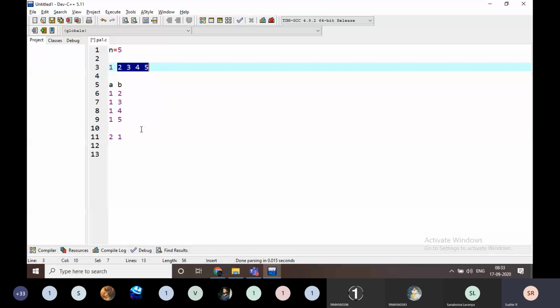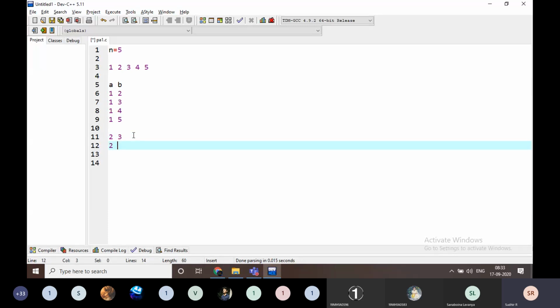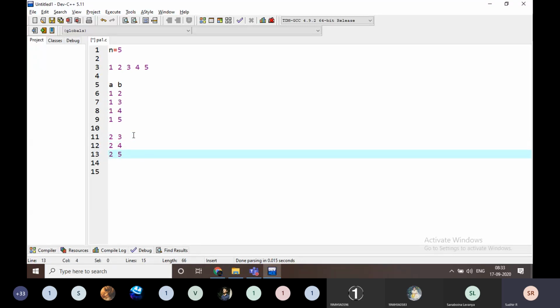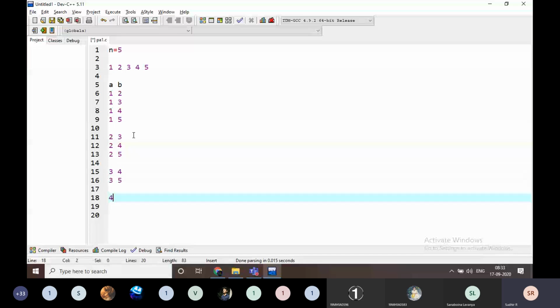I am going to consider from here. That means a value is 2, b value is 3. Then a value is 2, b value is 4, 2 and 5. Okay. Then a value is 3, I am going to take b value as 4, 3 and 5. Then next 4 and 5. That's it. These are the unique operations when n is equal to 5.